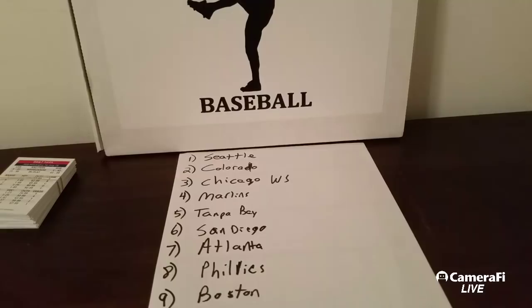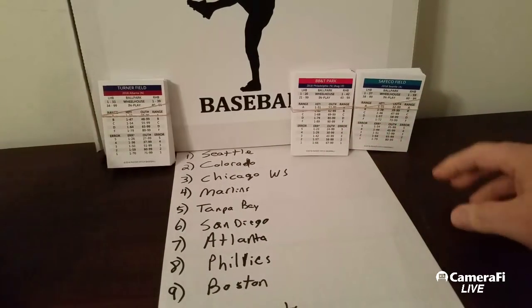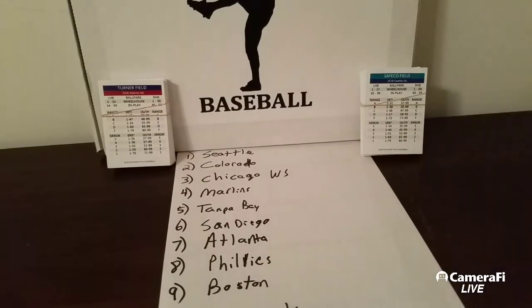So 3 of the 7, or 3 of the 10 rather, have been 25-man rosters all set up for me. And I guess, did I do something with the Phillies? Trying to figure out where their other ballpark card is. Oh well, it's in here somewhere. May have buried it somewhere, who knows. Anyway, there it is, Citizens Bank, that's what I was looking for. Okay,